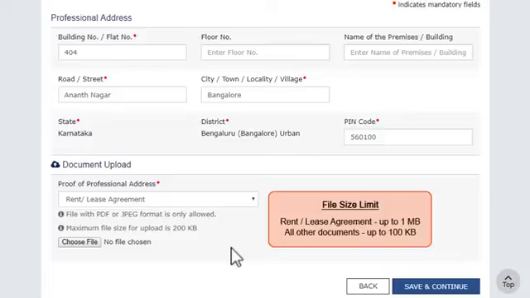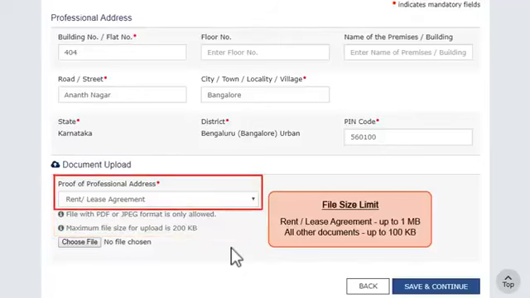Make sure the document is in PDF or JPEG format and size is less than 1 MB. In case the professional address is neither on rent nor own premise, select the consent letter option and upload a no objection certificate (NOC) from the owner of the premises.